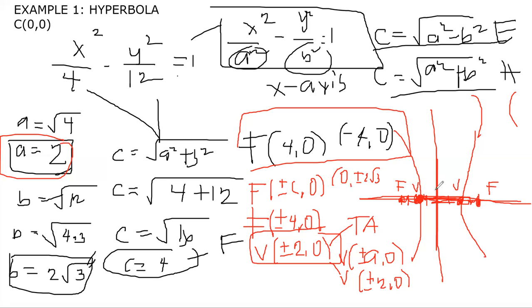Therefore, what is 2 square root of 3? That is 3.46. 1, 2, 3. So, let's say nandito yung ating endpoints of our conjugate axis. Tapos yung isa, negative 2 square root of 3. 1, 2, 3. So, nandito yun. Okay? So, dyan na yung makaka-create tayo ng